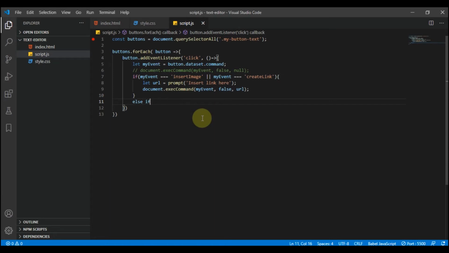Else if my event is equal to format block, so what is going to happen? We define another variable. So I'm going to put my let formatting value